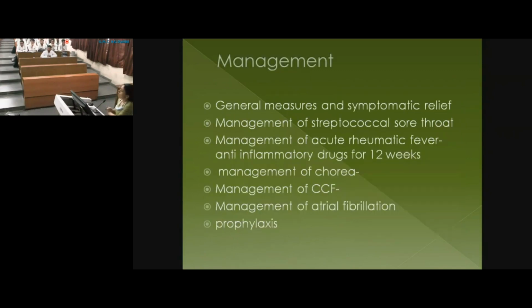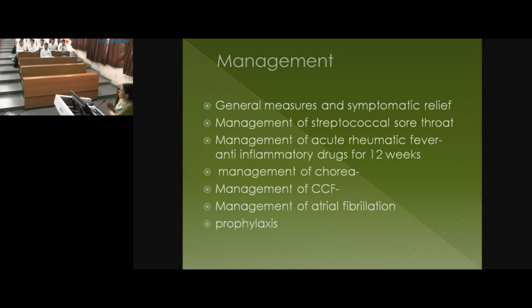Right? So how do you manage? You have diagnosed the child as rheumatic. You know that there was a streptococcal infection, but now there is some inflammation. This inflammation is damaging the heart. I'm worried about the heart, and I want some secondary prophylaxis. So what are you going to do? It's basically cardiac involvement. So in this condition you want them to have strict bed rest, because you don't want to increase any workload on the heart. So you give them rest, and what else will you do?